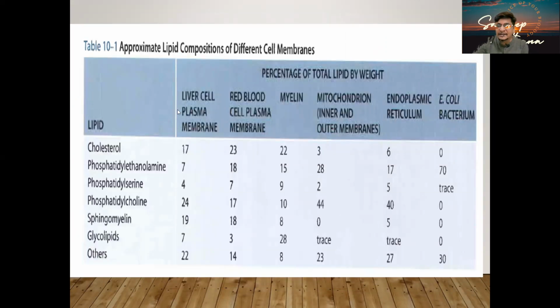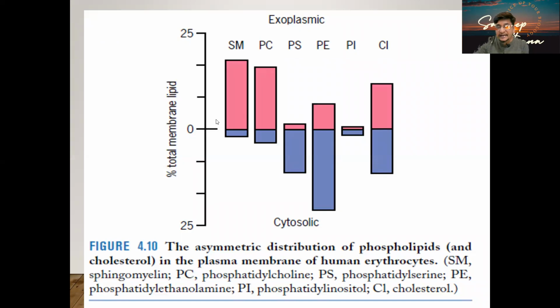And if you see the lipid component in the different cell organelles at the different places, it is going to vary. So the lipid by weight is going to vary. And this composition, as I told you in the beginning, is not going to be the same. It is going to vary depending upon the kind of cells we have, among the different kinds of lipids that I discussed about. This is again a very, very important part. Here you can see the orientation of the lipid is going to be very, very important.